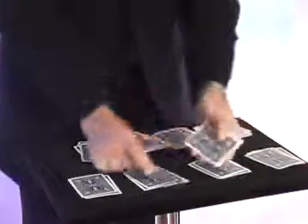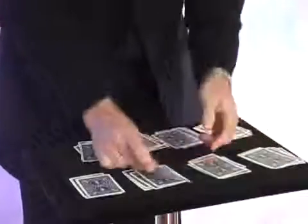Remember, when the actual performance, they're doing this simultaneously, so they're copying you, so they don't do this after, it happens all at the same time. They end up with a portion of 4 cards, so 4 piles in front of them. You end up with the same, and you explain very casually, almost jokingly, that I've been doing this a long